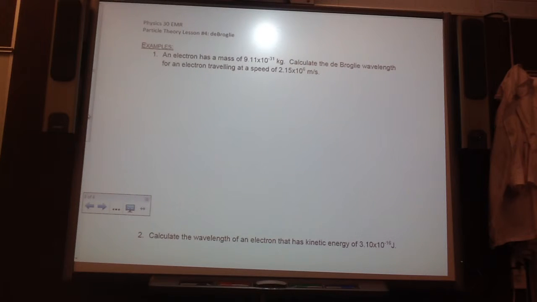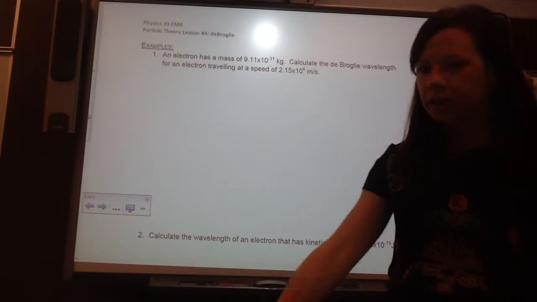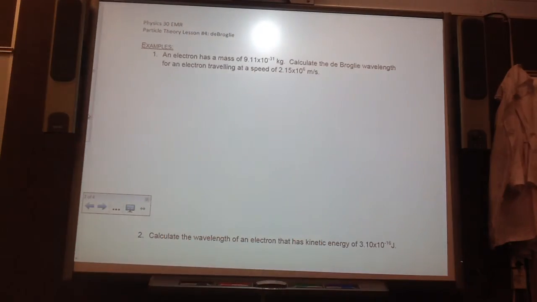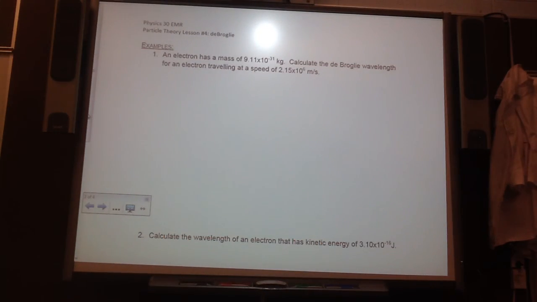Okay, so how do we put this into practice with the formulas and things like that? So our first example, let's do